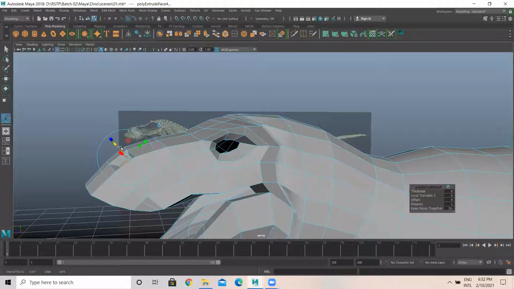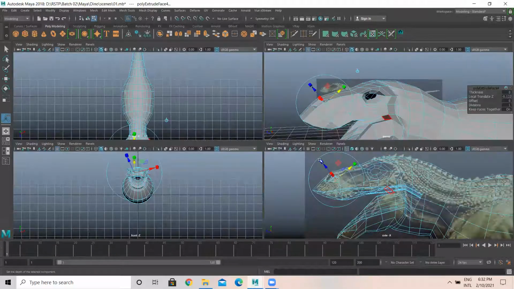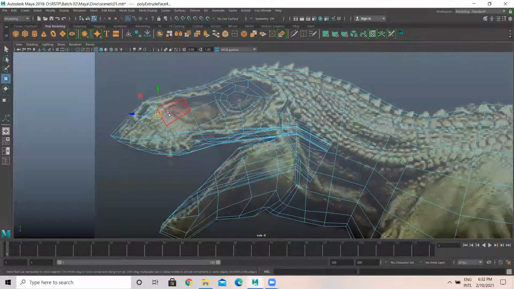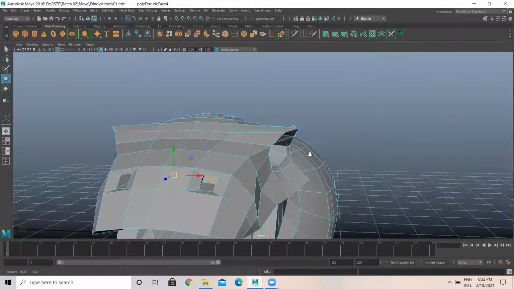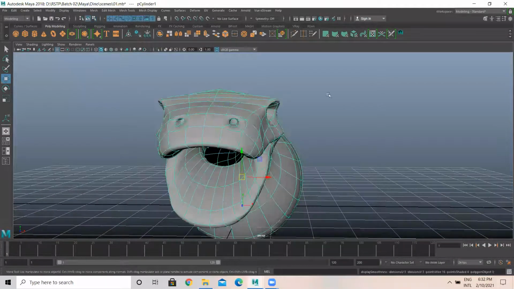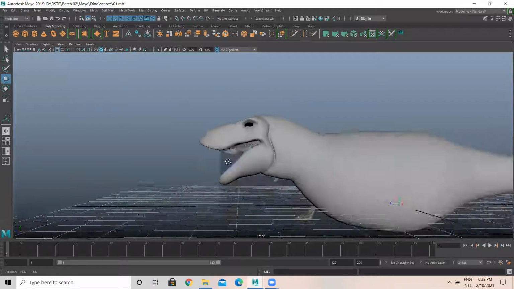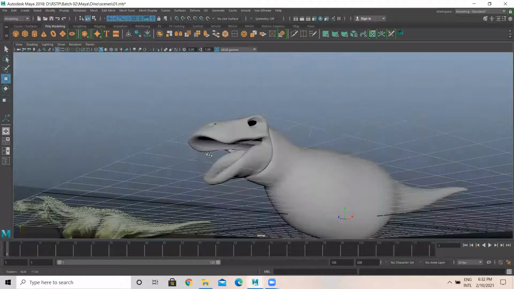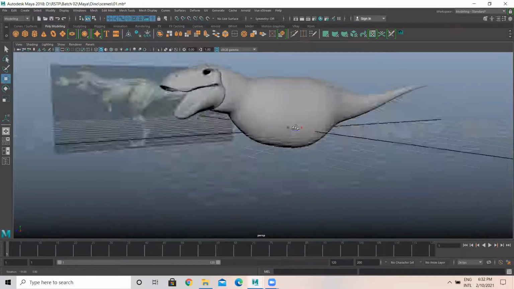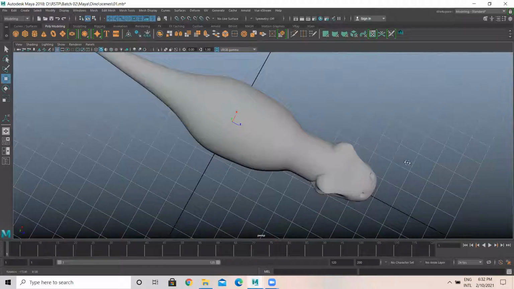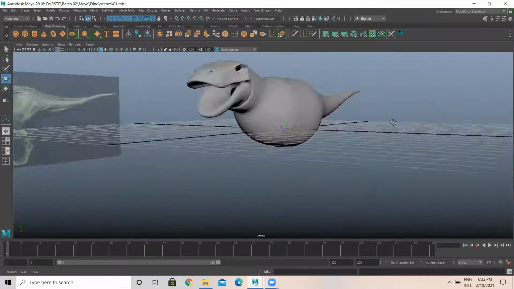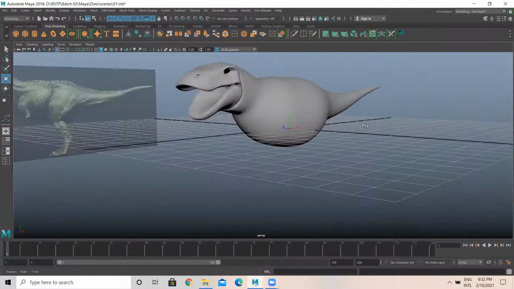Again extrude. See, almost we got it, this particular part. Okay, so base shape we got it.